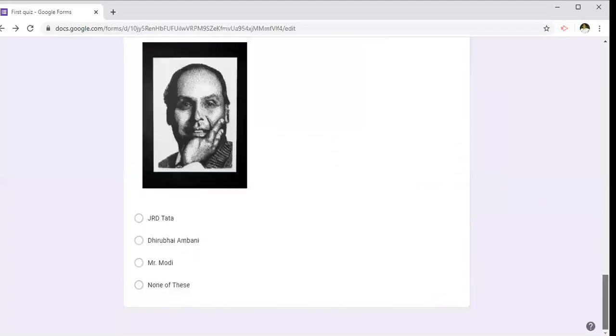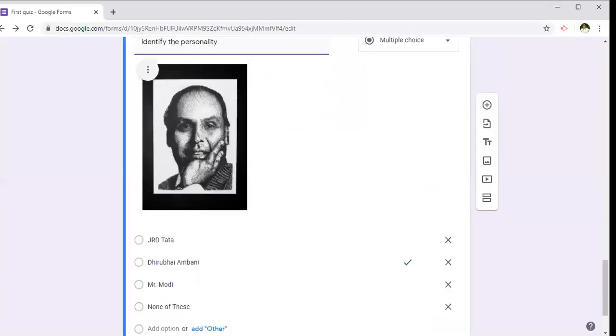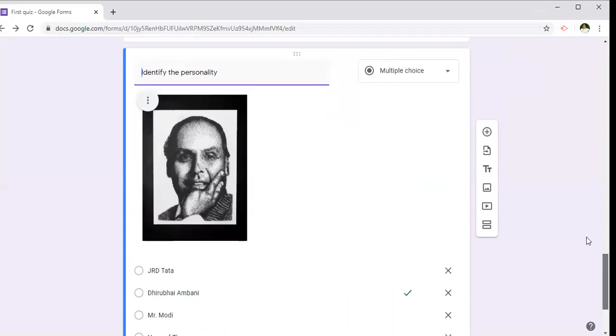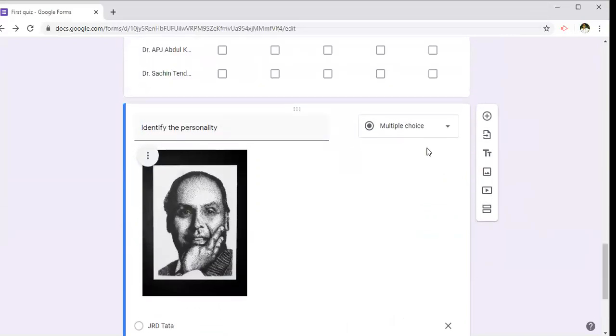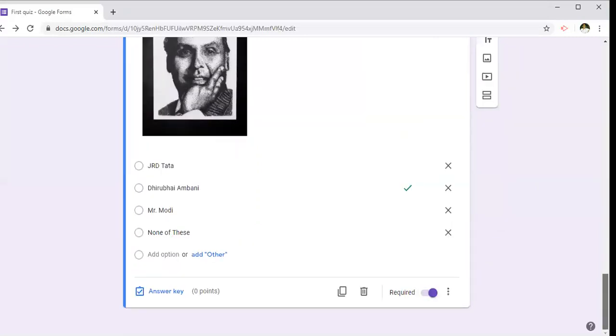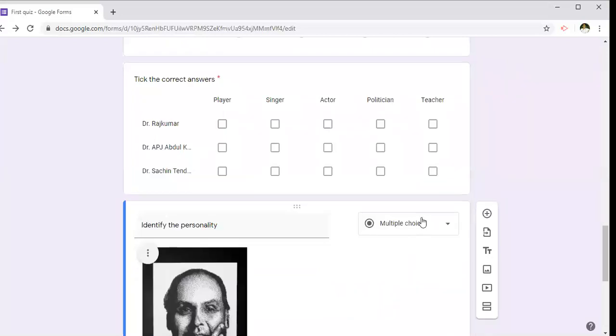Check box, and then this one. Okay. Marks allotted is 0. It shows 0. So we have to allot this marks here. So let me check where to.